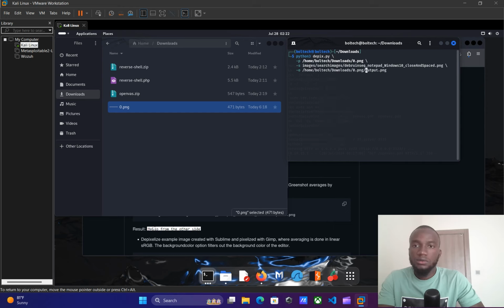And so instead of having the 0.png, I'm going to clean this out, and the output of the new image we are going to have is going to be called output.png. I want the output to be saved in Downloads, and I want the name to be output.png. Once I've successfully edited this, I'm going to hit the enter key on my keyboard, and right here we